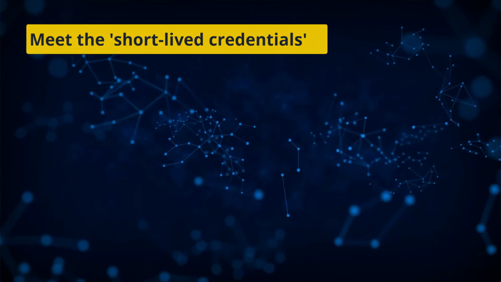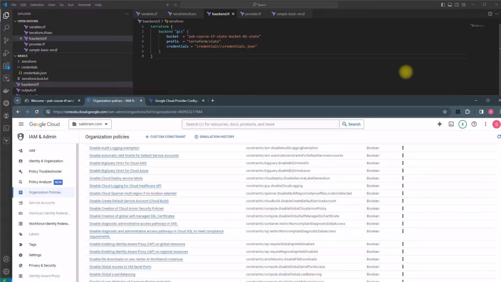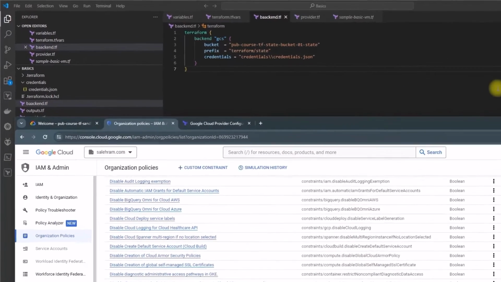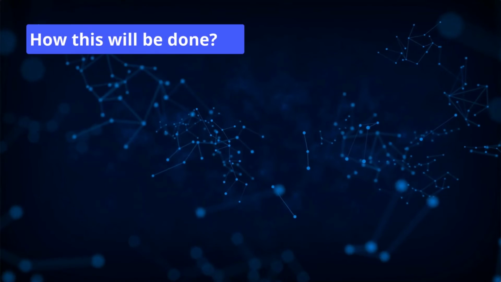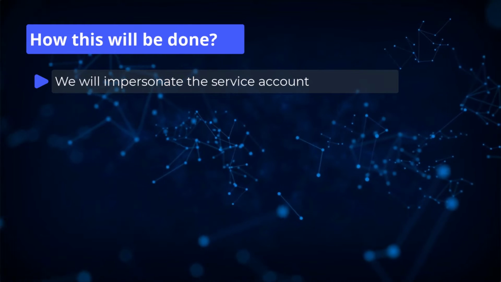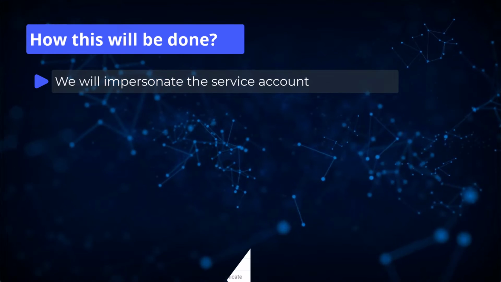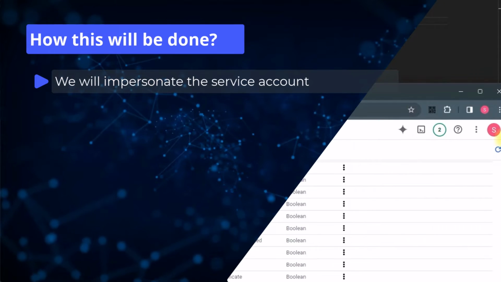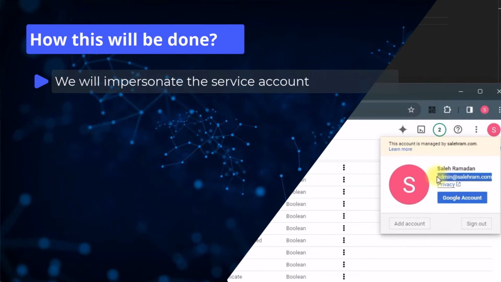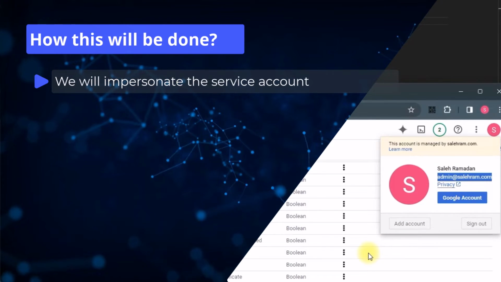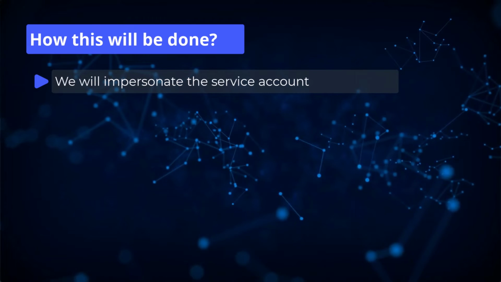the value of that. So I will show you how you can modify your Terraform configuration to get rid of the service account JSON key file and replace that with the access token generated through these short-lived credentials. This will be done by impersonating the core Terraform service account from your own account. So my account is admin@my-domain, the one that you're seeing here. I will run Terraform as this account while impersonating the core service account, which got access to everything in the